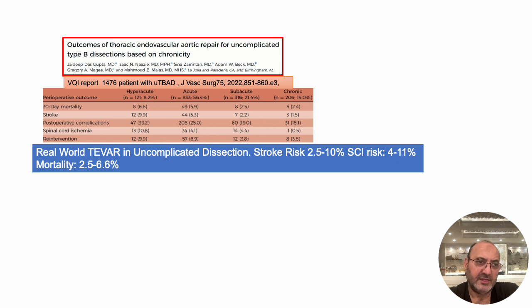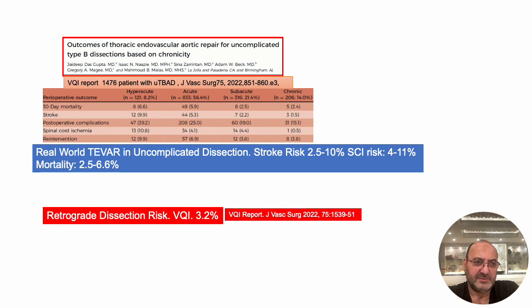That's why you want to treat patients that need to be treated. There's a solid argument to treat patients with high-risk features, but patients with truly uncomplicated features maybe should be treated medically. Again, when you look at retrograde dissection in another study, it's 3.2% when you're doing TEVAR